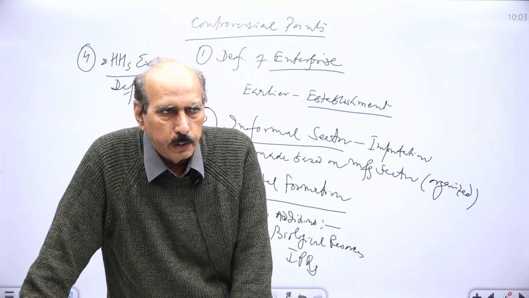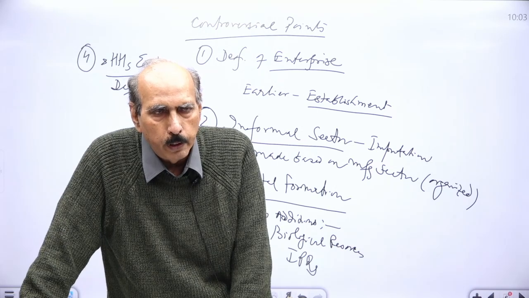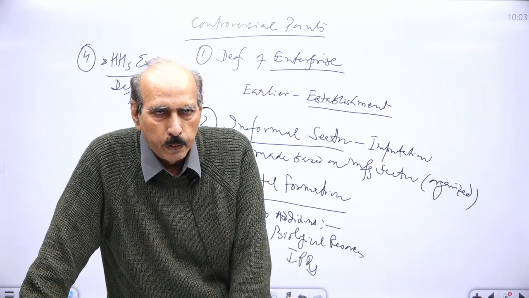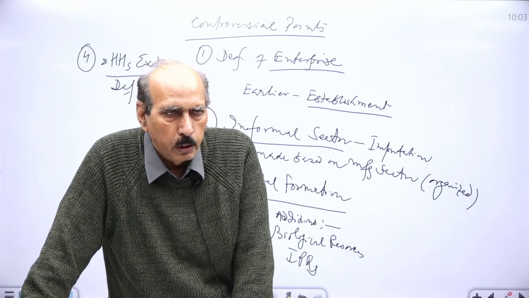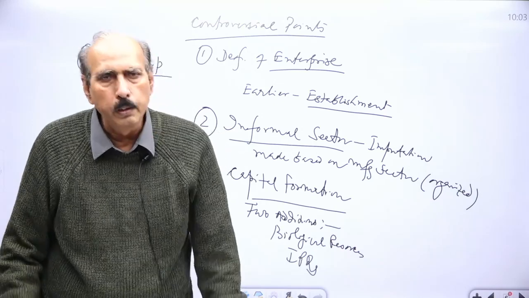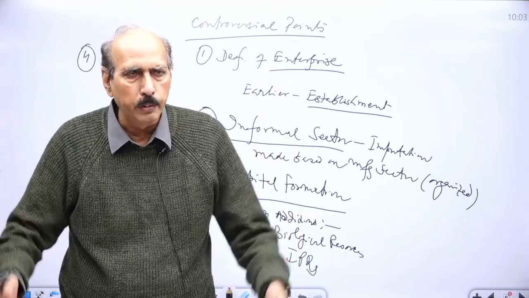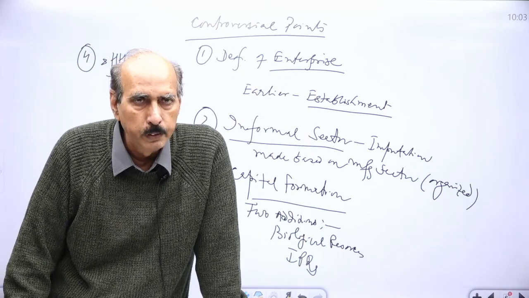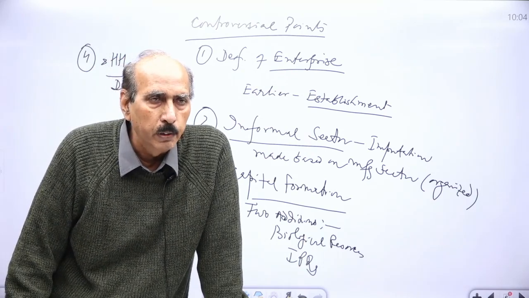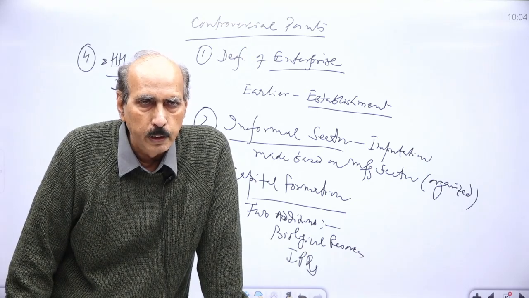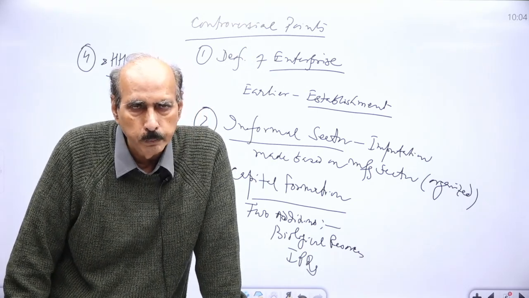The first definitional change was made in the gross capital formation of the country, where instead of only plant and machinery investment, we also started taking into account the biological resources plus intellectual property right. As a result, the quantum of capital formation has increased. And today it is around 29%. 24% to 29% it has increased. 5% increase in the capital formation has taken place because of a revision in the definition.